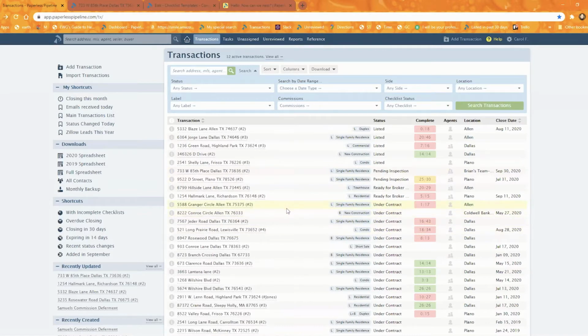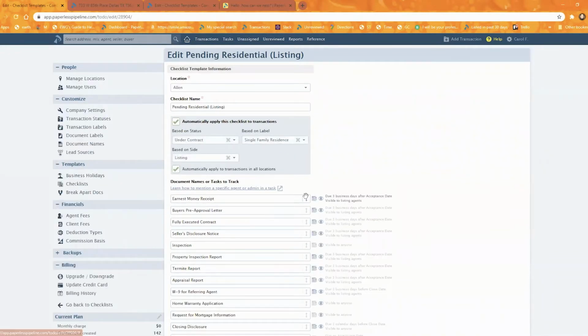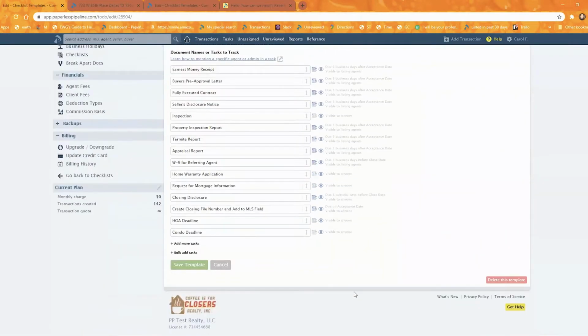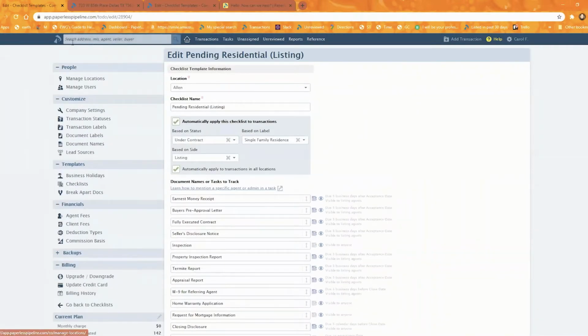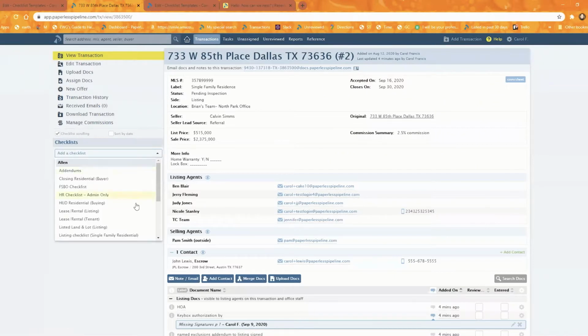That's the first one. Second one relates to what we always emphasize because it is such a huge time saver, and that is using your relative due dates. So let me hop over here to the admin section and then to checklists. If you set up your checklists to have due dates that are relative to other dates on the transaction, for example, this one's due 3 business days after the acceptance date. If you set these at the checklist template level, and then when you're on a transaction, I go to add that checklist,